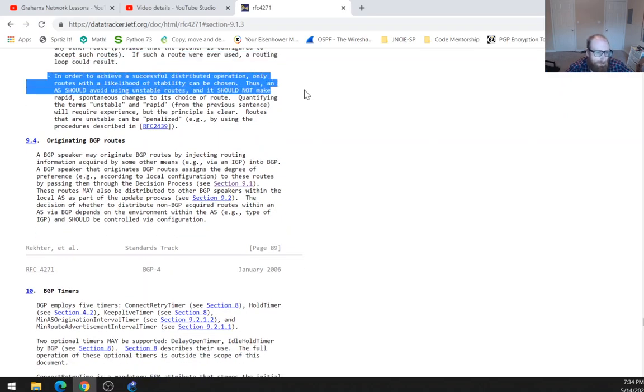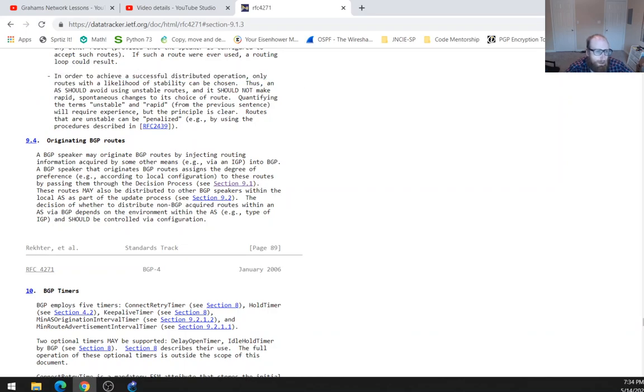In order to achieve a successful distributed operation, only routes with a likelihood of stability can be chosen. Thus, an AS should avoid using unstable routes, and it should not make rapid, spontaneous changes to its choice of routes. Quantifying the terms unstable and rapid from the previous sentence will require experience, but the principle is clear. Routes that are unstable can be penalized. For example, using the procedures described in RFC 2439,